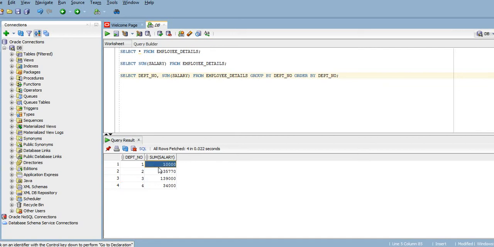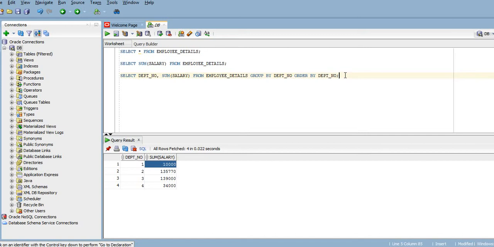Like this we can group up data based on one column, or based on more than one column as well.